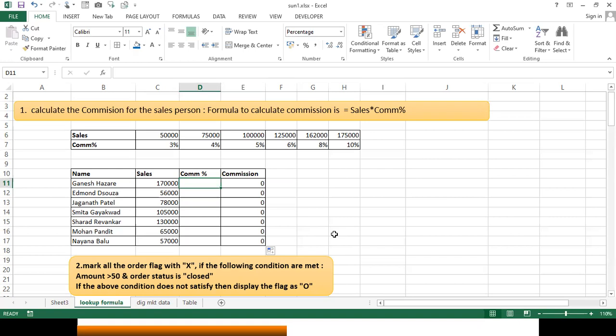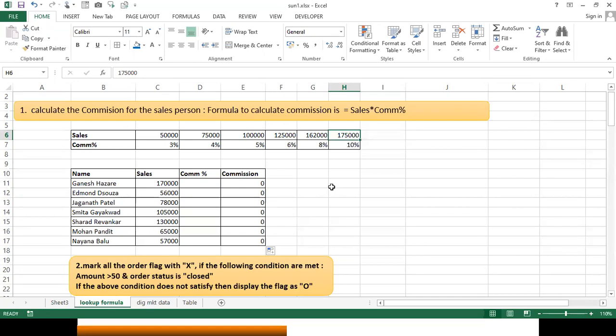C11 is here, into 10%. But 10% is for 1,75,000. He has not done that. He has done only 1,70,000. 10% is given for those.